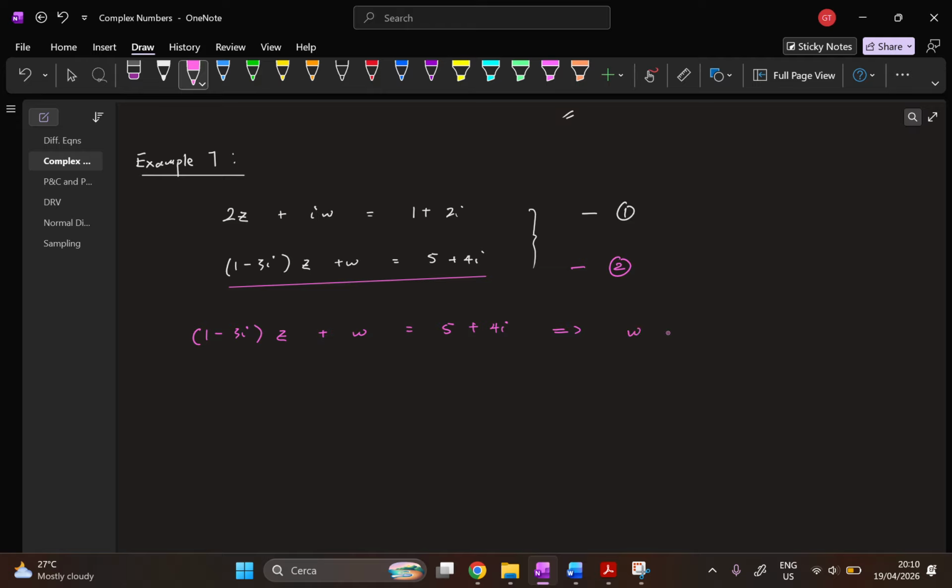So if we move w to one side, we will get w equals to 5 plus 4i and then minus 1 minus 3i z. And we can simplify this a bit to give us this. Remember, distributive law still applies, so just multiply in, which will give us